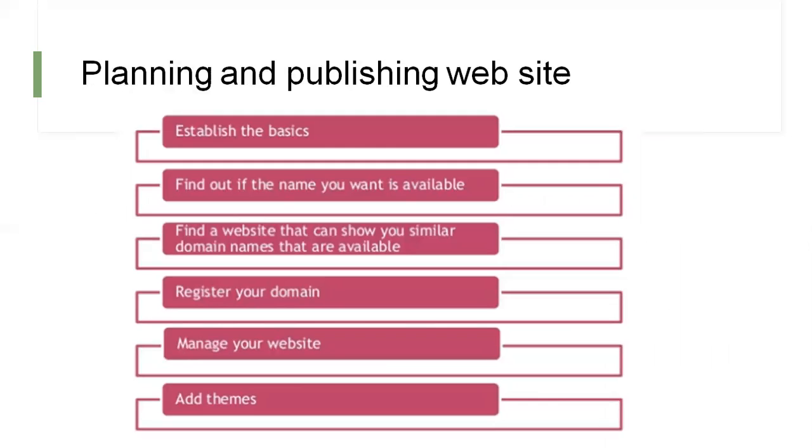Now, the planning and the publishing of the website. We have already discussed the planning of the website: when you design any website, initially you should plan, which includes the proper objective of the website. You should find out the targeted audience as well. You should also plan for the page layout, page linking, and sitemap. These are all the important points that come in the planning part. And now the publishing of the website.